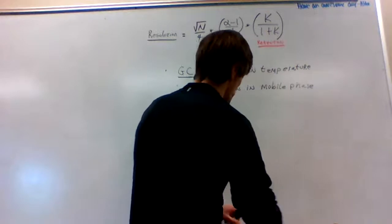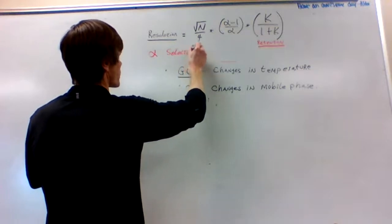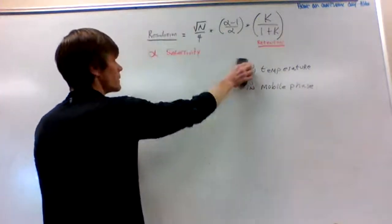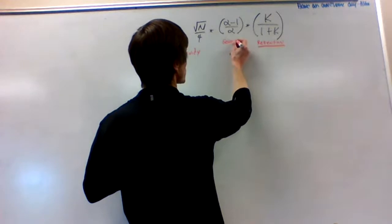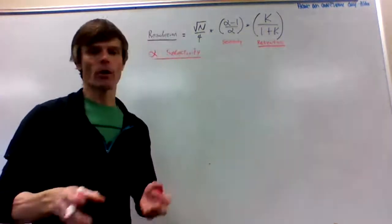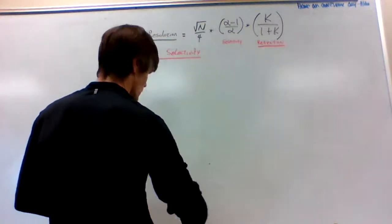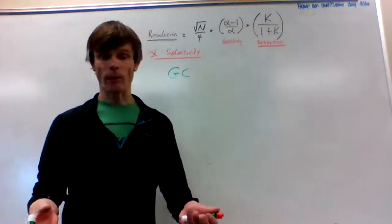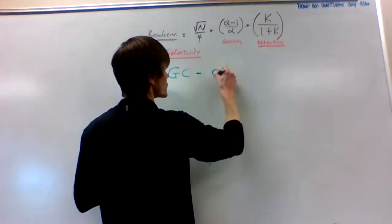Alpha is our selectivity factor. Selectivity. Ways we can make changes here. Once again, this is our selectivity portion of our resolution equation. Depending upon our experiment, if we're conducting GC, we could simply change the column out. Change the column, it has a different stationary phase. So oftentimes changing the complete column